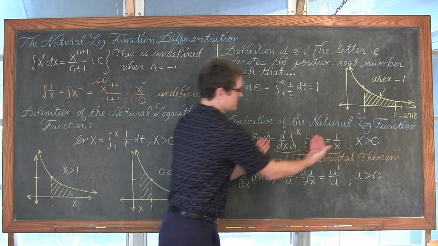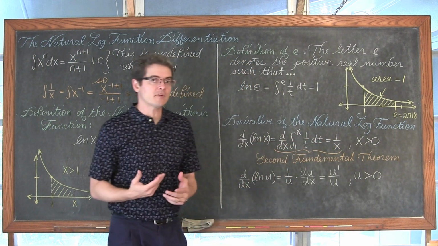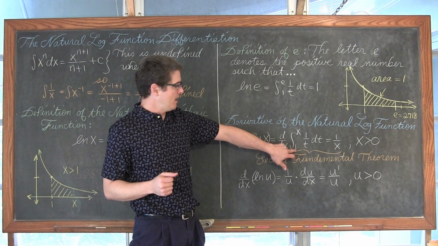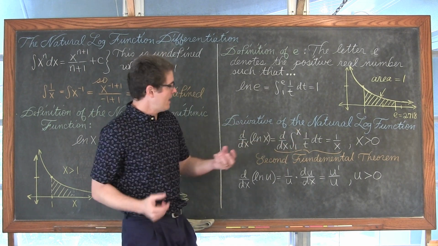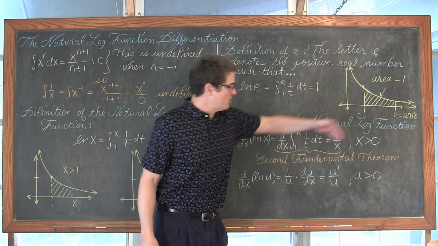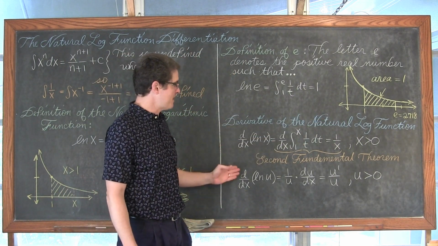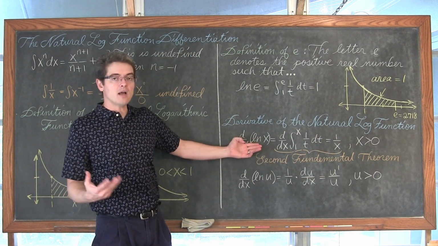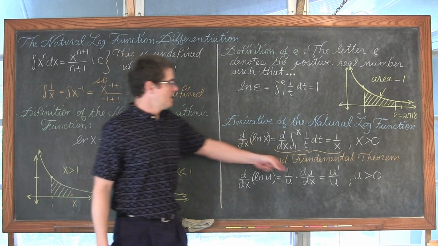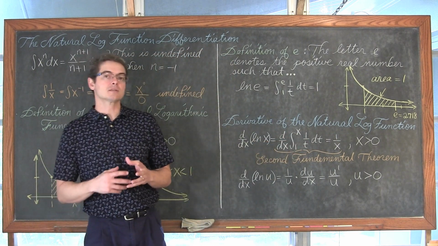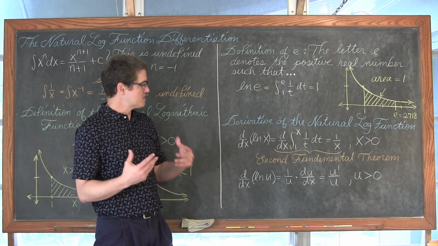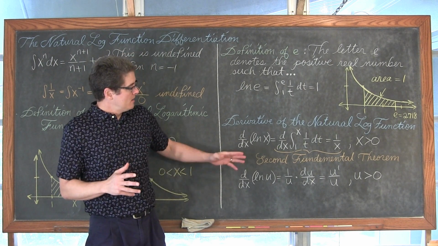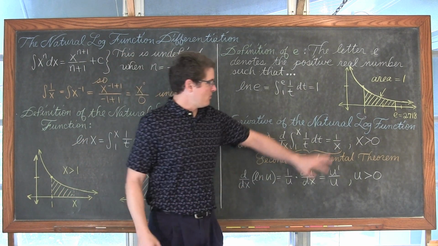Now that's equal to, is this looking familiar? It's the second fundamental theorem of calculus. We have a lower limit, which is a constant, and our upper bound is a variable. I can take that variable and simply drop it into our function and rewrite it as 1 over x. So the derivative with respect to x of the natural log of x is 1 over x. So if you wanted to graph the function y equals the natural log of x, this function y equals 1 over x is going to give you the slope of the natural log function at a particular point. Pretty cool.